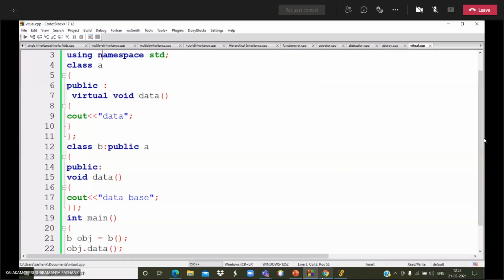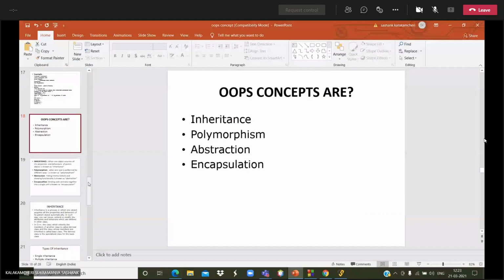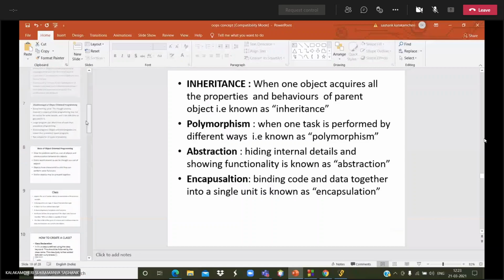Okay. Now the concepts are very clear, I think, guys. Okay. The whole OOPs concepts are completed.